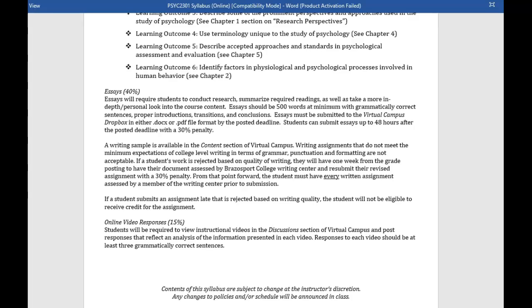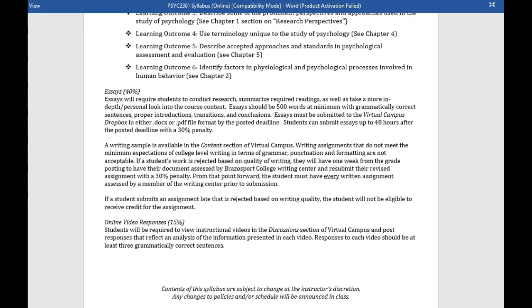It's very important that students meet the bare minimum expectations of college level writing in terms of grammar, punctuation, and formatting, which means complete sentences, proper paragraphs, a title, and of course punctuation and capitalization. If students submit a writing assignment that has no regard for any of these concepts, their work will be rejected based on writing quality, and that will require them to submit their writing assignment to the Brazosport College Writing Center,